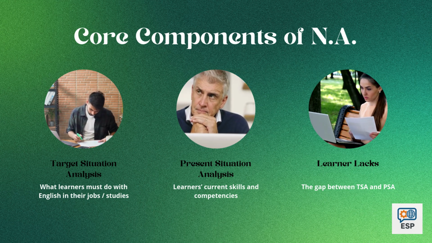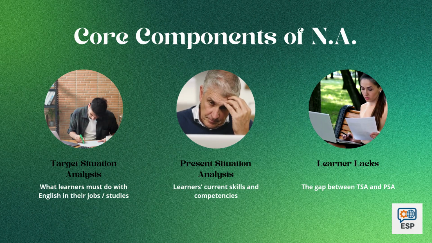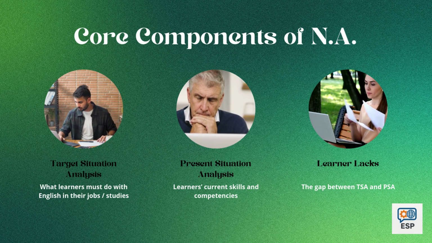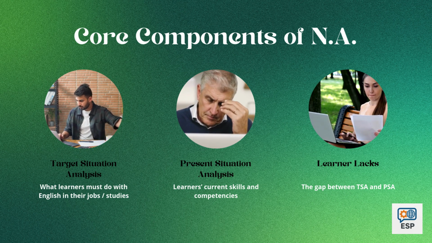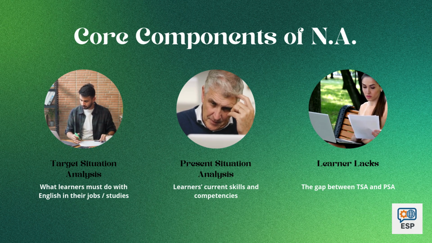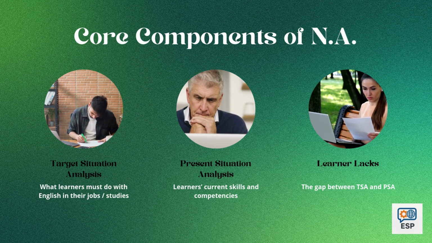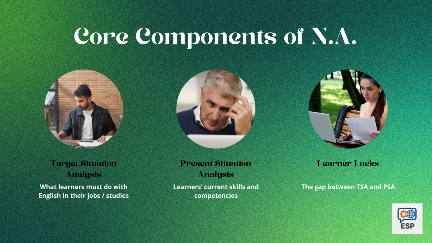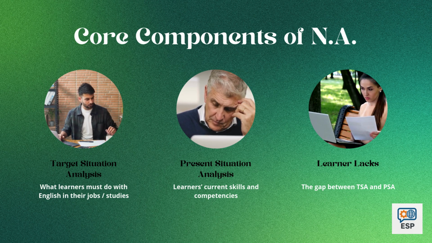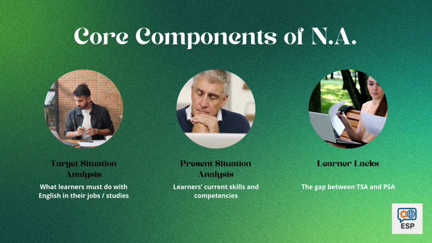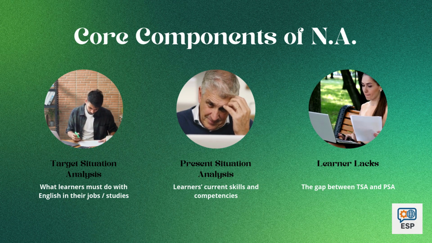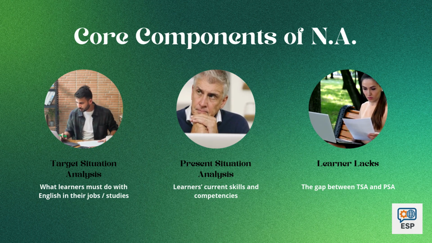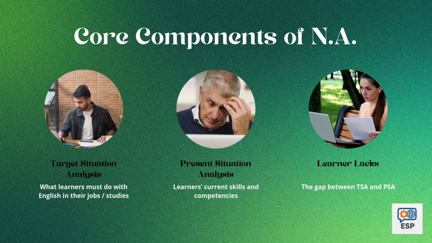Now, the second one here, the Present Situation Analysis, or PSA, this is what they currently do. Here you just need to tell them or ask them more precisely, okay, what do you do? What do you currently do? What are you able to do currently, depending on whatever it is you need to talk about? Is it about writing an email? Is it about taking notes during a meeting? Is it about talking on the phone with potential clients or providers? I don't know. It really depends on what the functional or social or job related activity is,